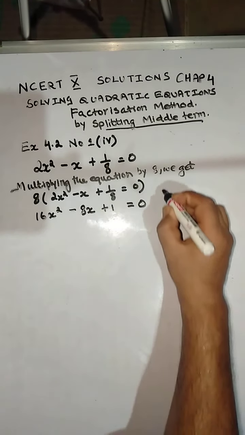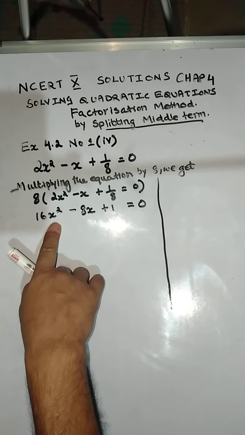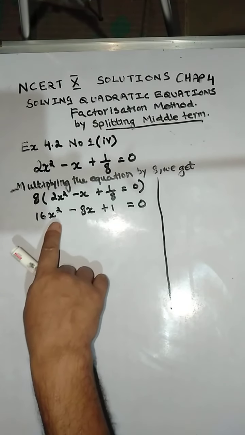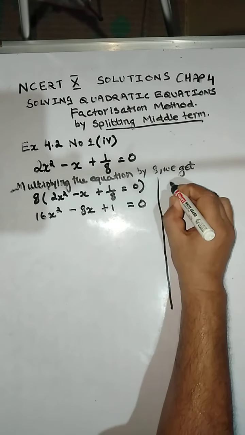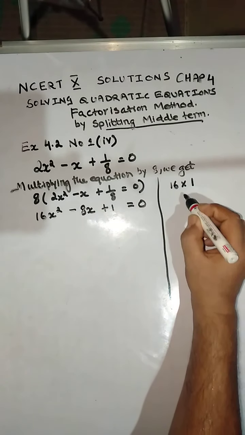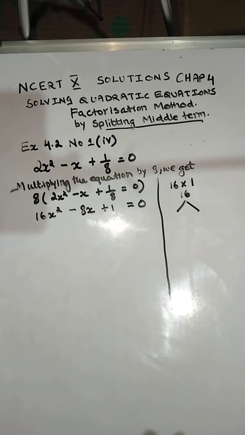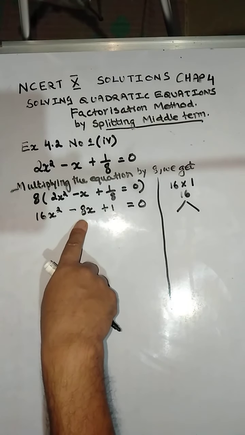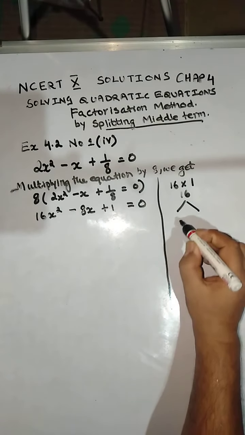Now, as I had said, whenever you split the middle term, you need to identify the coefficient of x squared and the constant. The coefficient of x squared is 16 and the constant is 1. So we multiply 16 into 1. And after doing that, we need to look at 16 and then factorize it, so that when you get two factors, if you add those factors, you should get the middle term, which is minus 8. So the closest that we can think of is 4